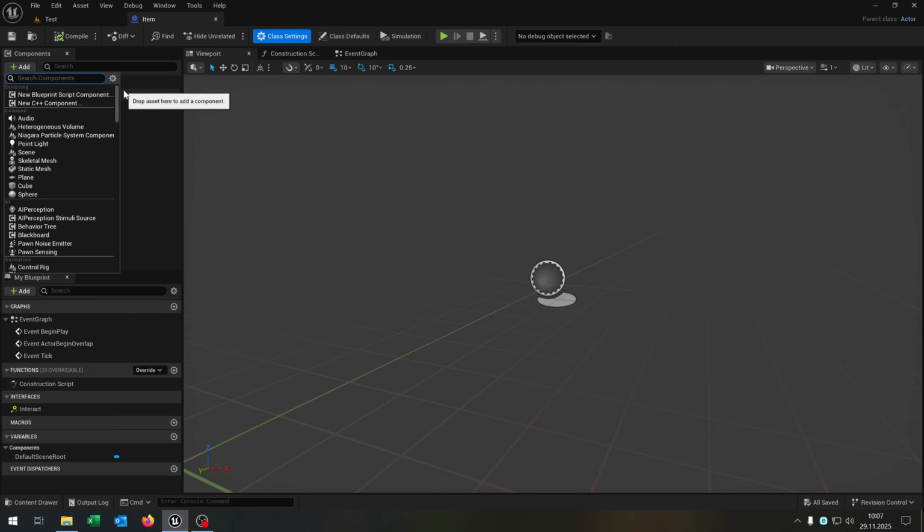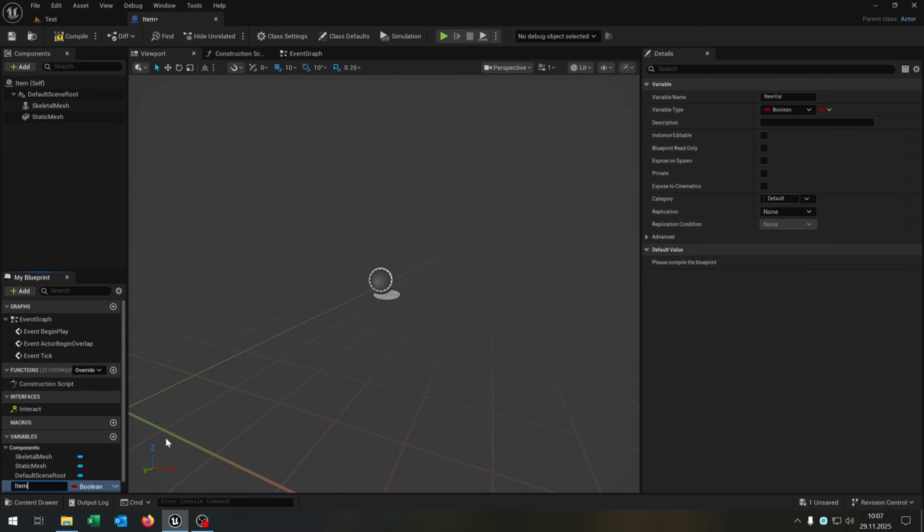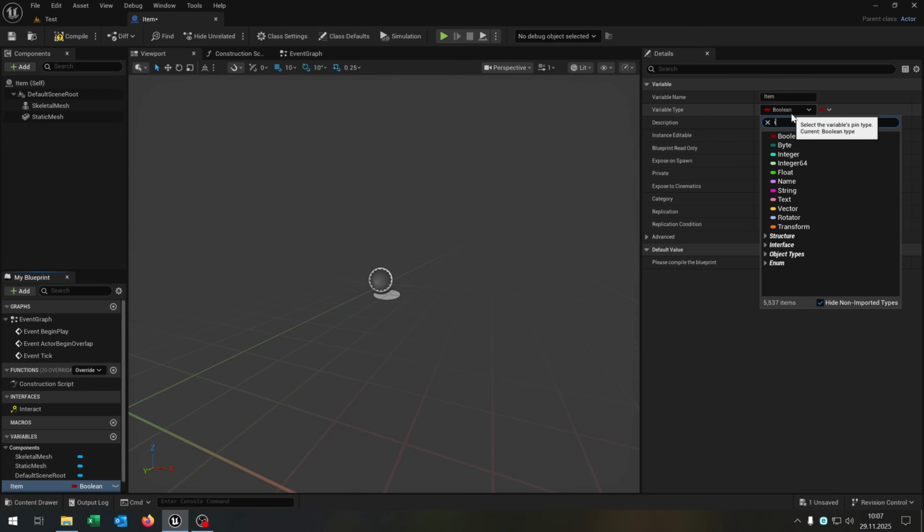Then we add the static mesh as well as the skeletal mesh. We need the variable called item. This will be our item